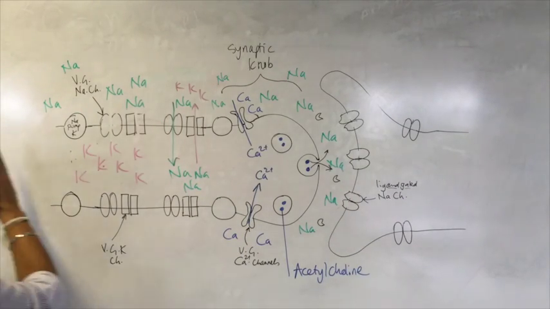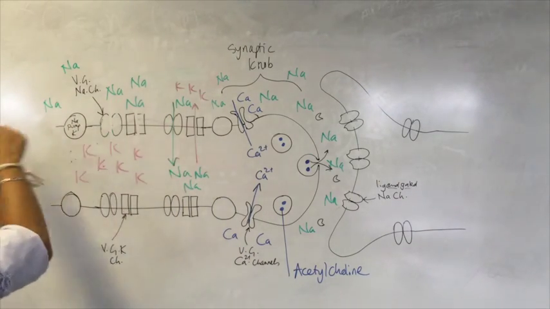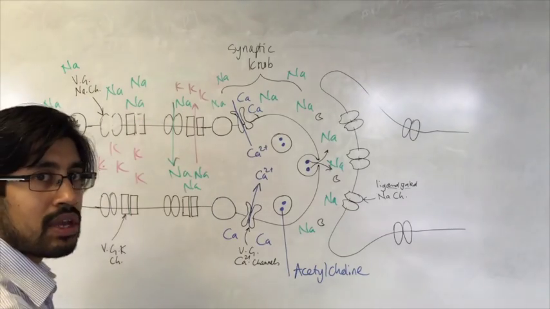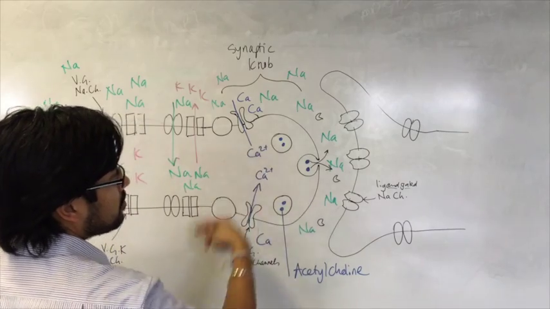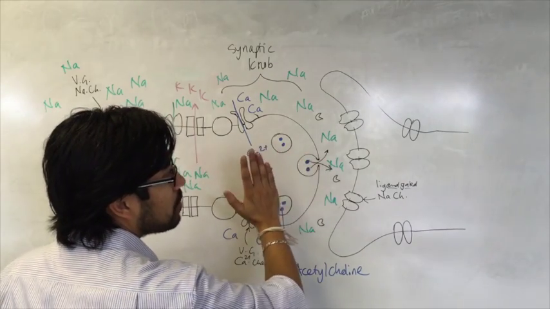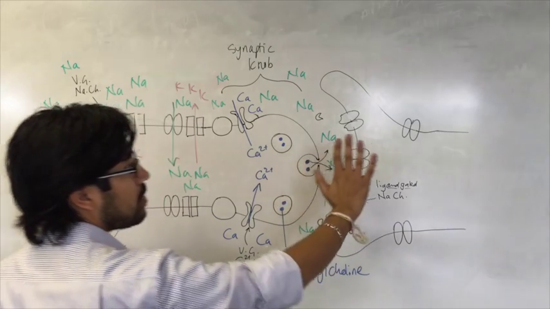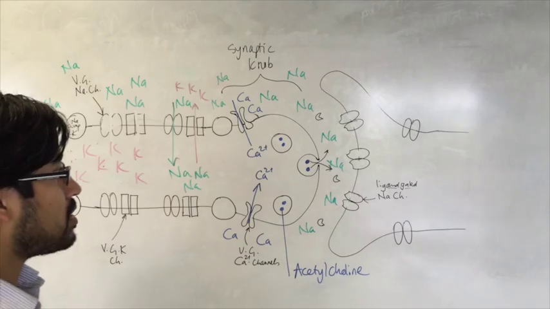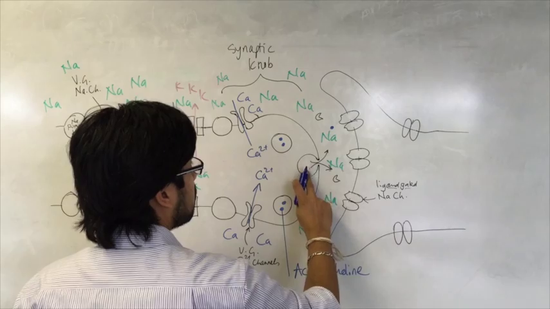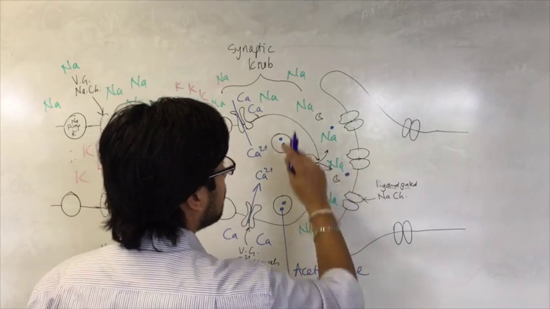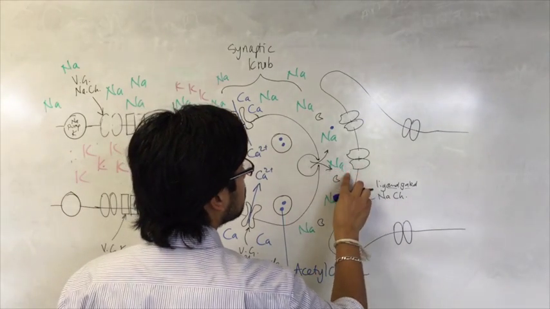So the action potential is moving quite fast because of saltatory conduction, because of the myelin sheath, jumping from node of Ranvier to node of Ranvier, jumping, okay, calcium comes in, vesicles released, but then we've got to wait a little bit for the acetylcholine to diffuse across the space, and that slows the transmission down a little bit. So now we've got our acetylcholine diffusing across the gap, and eventually it's going to bind